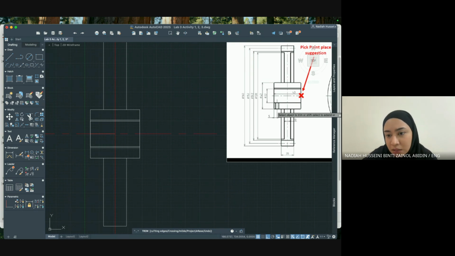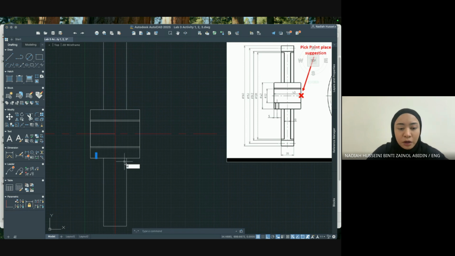And this 5 is situated, the midpoint of this inner structure is 5 from the edge. So let's use line. From the edge, I'm just typing in 5. I'm making a small mark there so that I have a guideline for my midpoint. And then I'm going to offset this